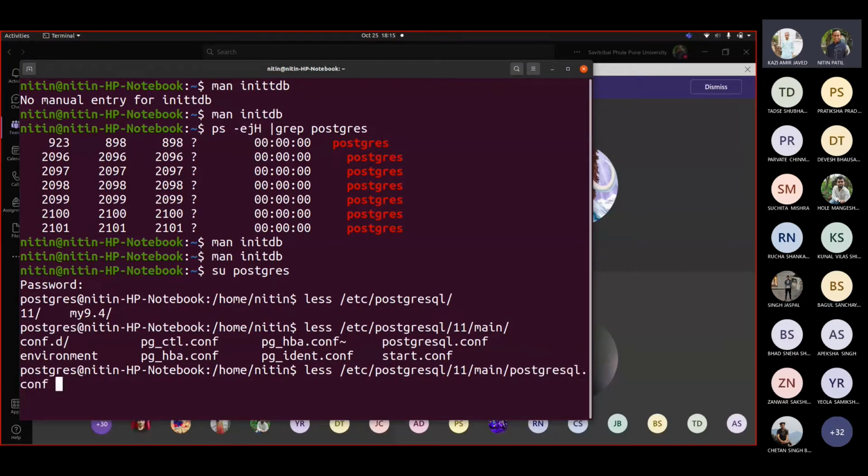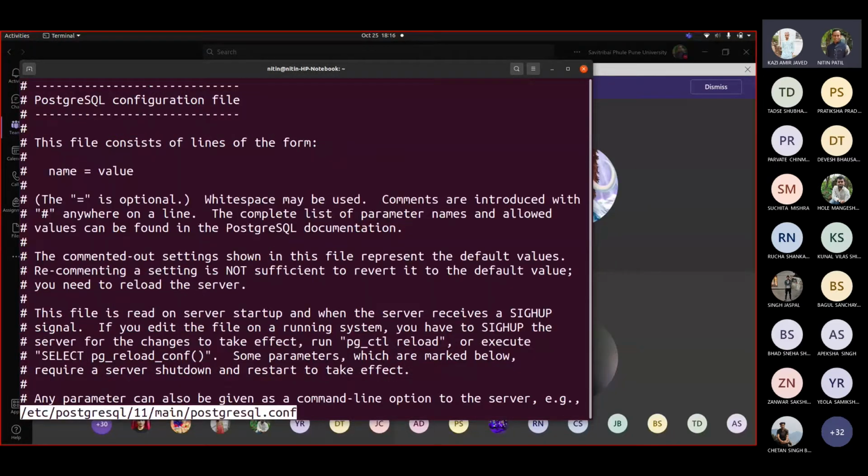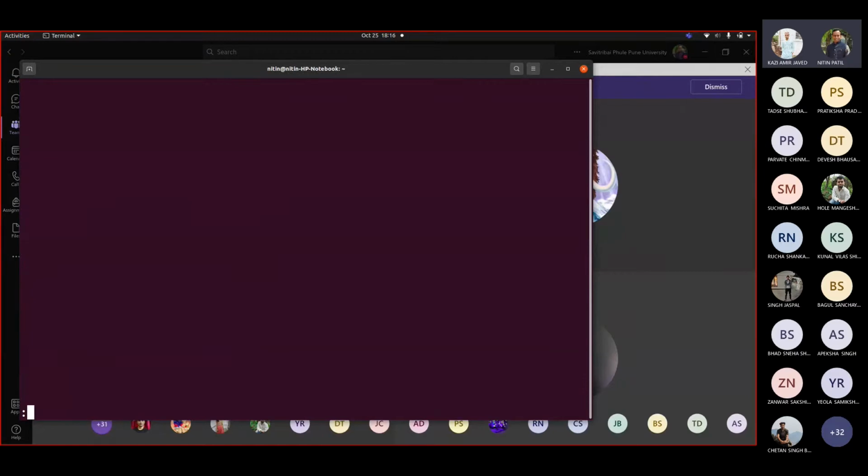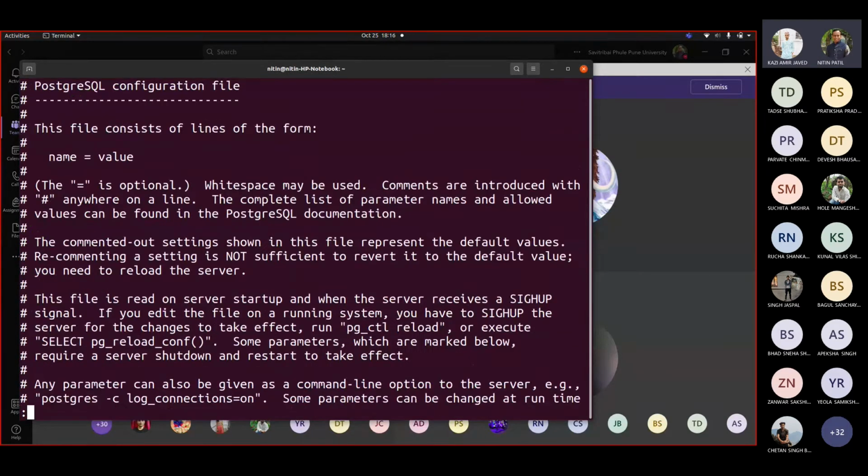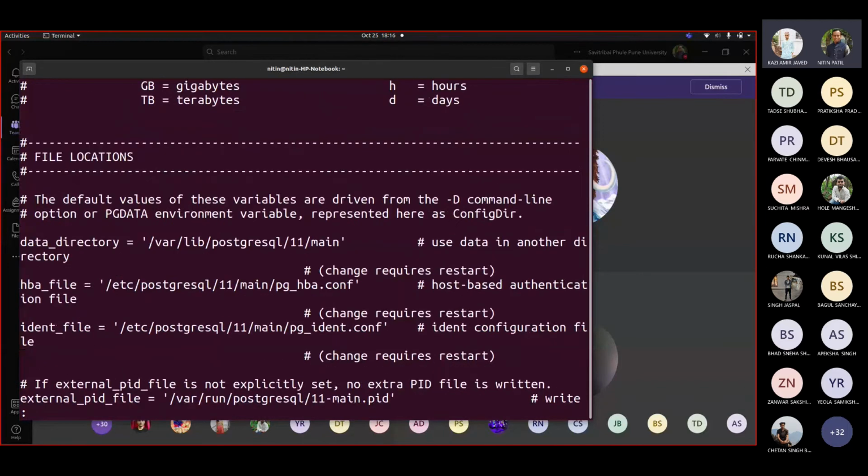So this file would be containing the details of where your data directory is, where your configuration directory is, and so on. Okay, so let me go here in this file. If I go below, you can see that my data directory name is up till main only, no matter what is replaced there.